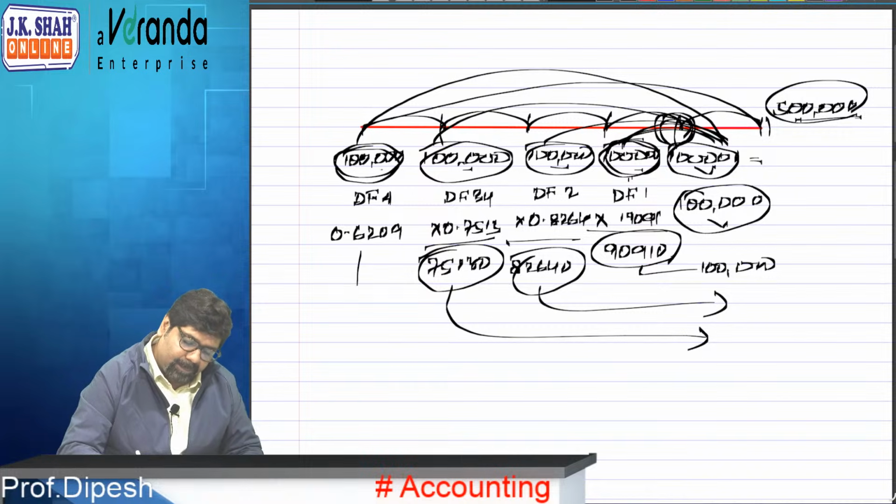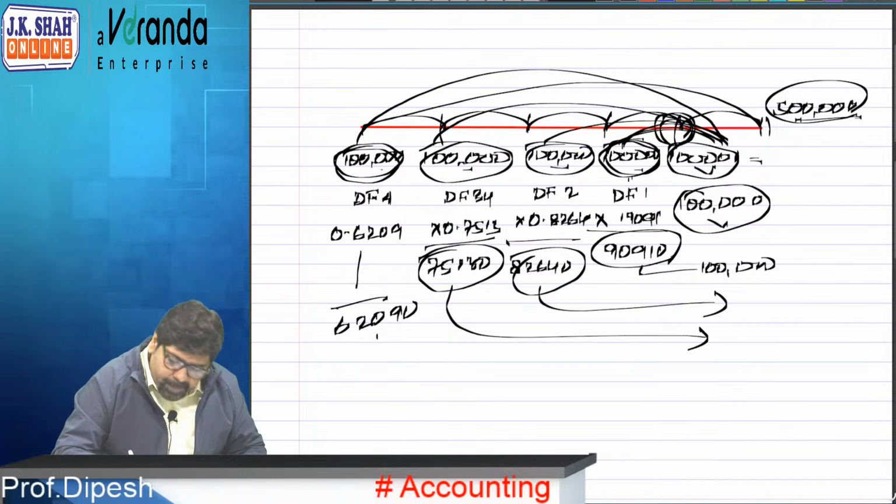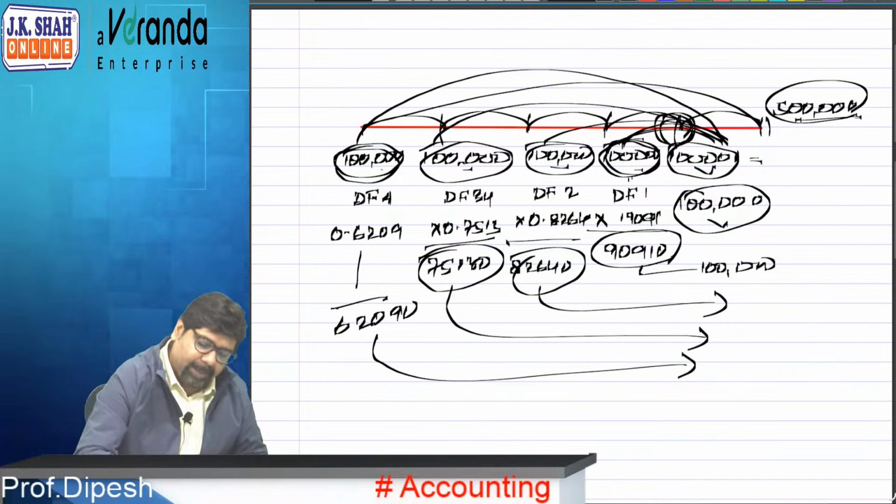0.6209, that is 62,090. If I save this much, then in fifth year it will become 1 lakh. Correct? Now,